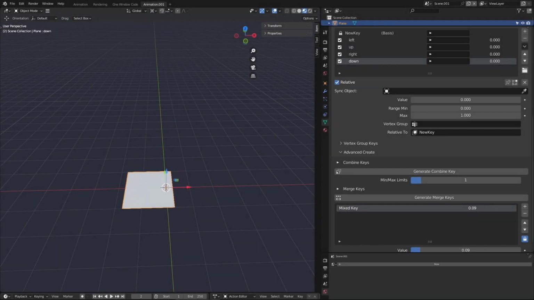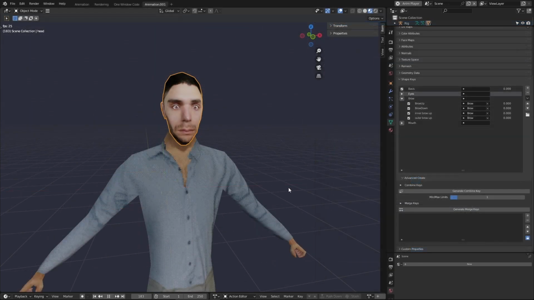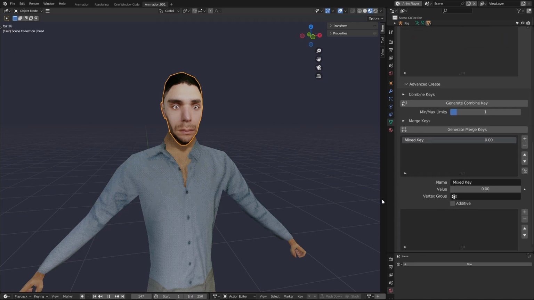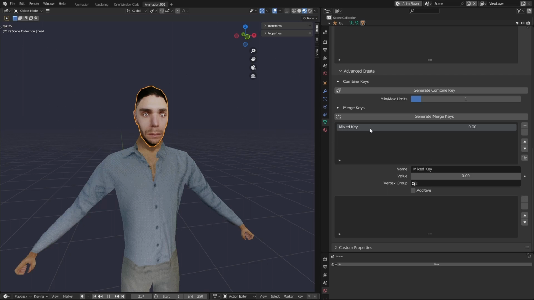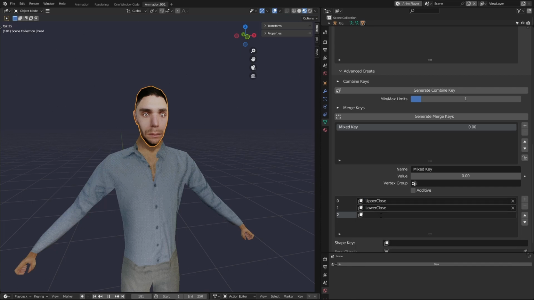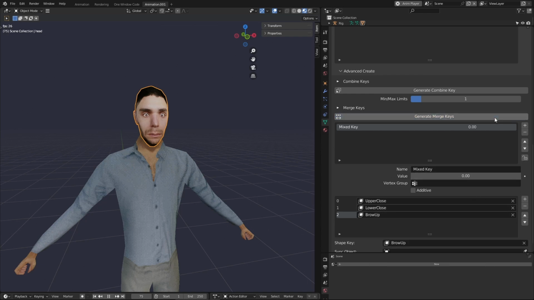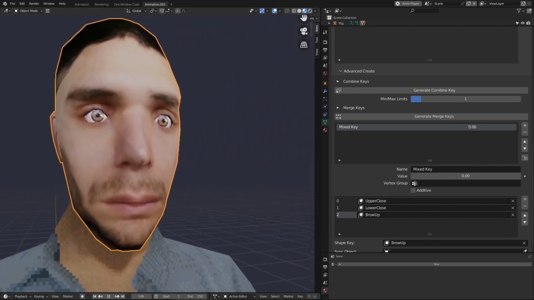The Merge Keys feature allows you to put shape keys together in a sequence, meaning that they trigger one after the other. To use this feature, click the Add button to create a new merge key and click the Lock button to show the extra settings. These settings are hidden by default, so your workspace isn't cluttered when you're done setting them up. In the Merge Key list, add references to the specific shape keys that you want to include in the sequence. You can also set up sync keys here as well. When you are ready, click the Generate button to generate these merge keys. You can also enable additive mode, which allows you to add each shape key in the sequence to the previous one, rather than replacing each one with the next.